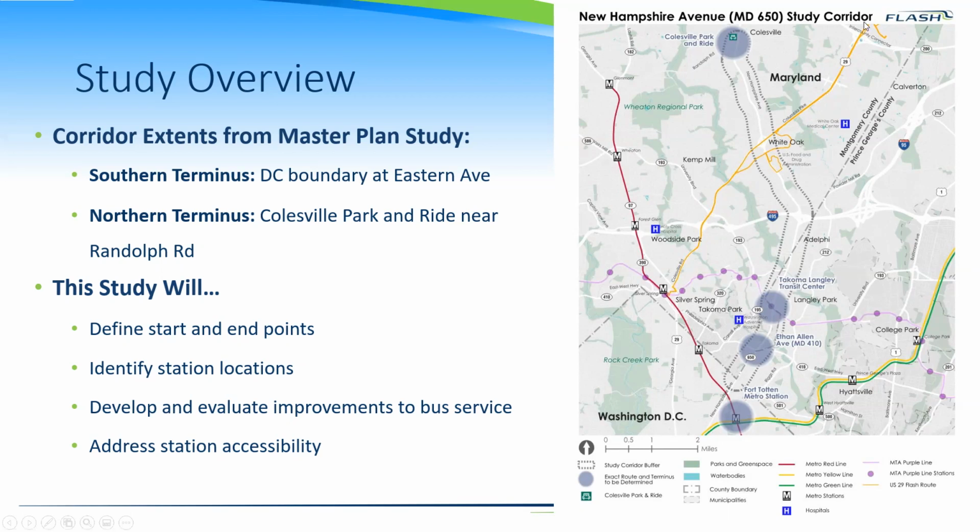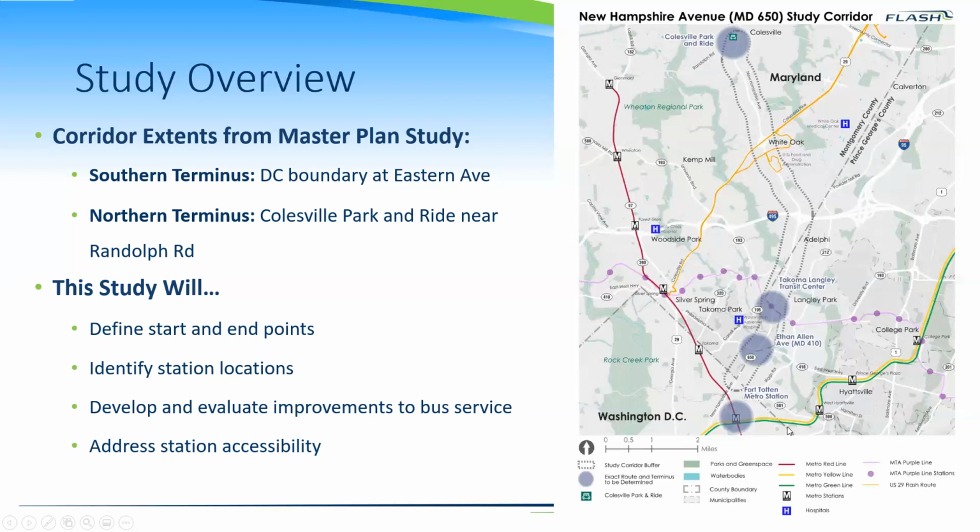Near the Colesville terminus, the service will intersect with the planned route on Randolph Road. And in the south, the county master plan showed New Hampshire Avenue service terminating at the district line. This is really an unlikely ending point, as it doesn't really facilitate transfers, nor is there really a high ridership node